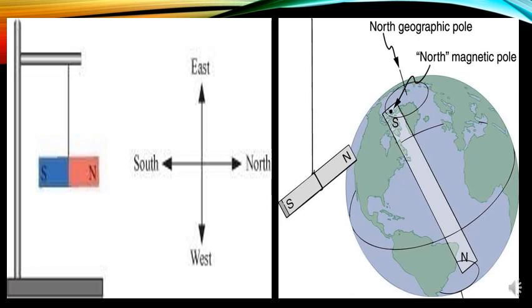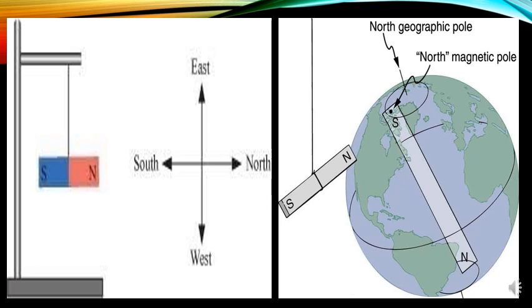When you studied the directive property of a magnet, I had told you all that a freely suspended magnet always points in the north-south direction, even in the absence of any other magnet near it. Isn't it? That is the directive property of a magnet. I had also told you all that you will learn the reason why it is like that. This is because the earth itself behaves as a magnet, which causes a freely suspended magnet or a magnetic needle to always point in a particular direction, that is north and south. The shape of the earth's magnetic field resembles that of an imaginary bar magnet.